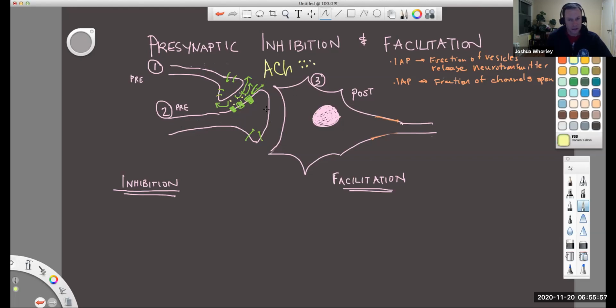If a smaller amount of calcium is released, a smaller amount of neurotransmitter is released, right? So I'm drawing fewer neurotransmitters being released here than here, because of this blockage of the calcium channels on this presynaptic cell number 2. So that means a smaller number of these, say they're sodium channels, right? Smaller number of sodium channels will open, and we'll get less influx of sodium,